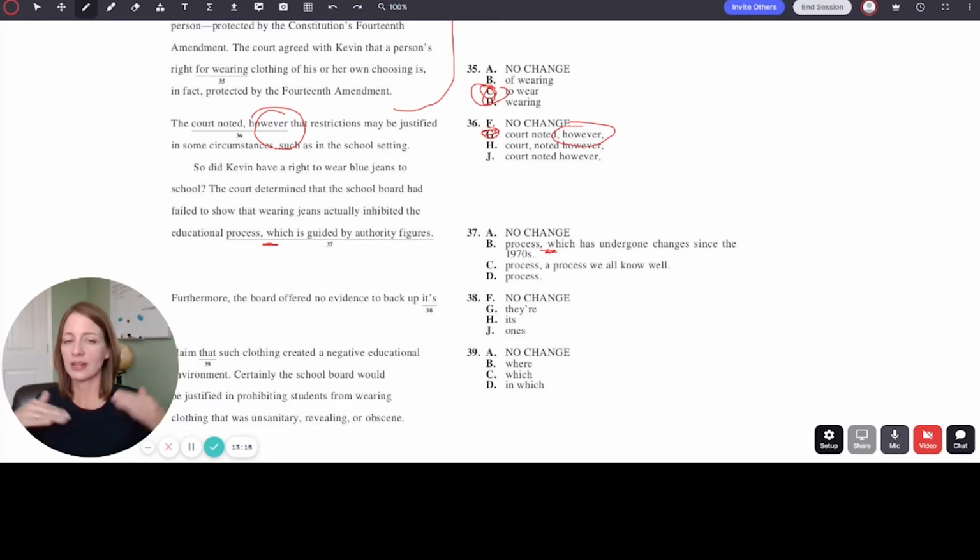I see it's kind of saying a similar thing, but maybe different lengths. So this makes me think I need to select the more concise answer, because they like to see if you're being redundant or if you're choosing concise, to the point, get to the point information. So the court determined that the school board had failed to show that wearing jeans might actually inhibit the educational process. All right, so my thought is it's going to be D,